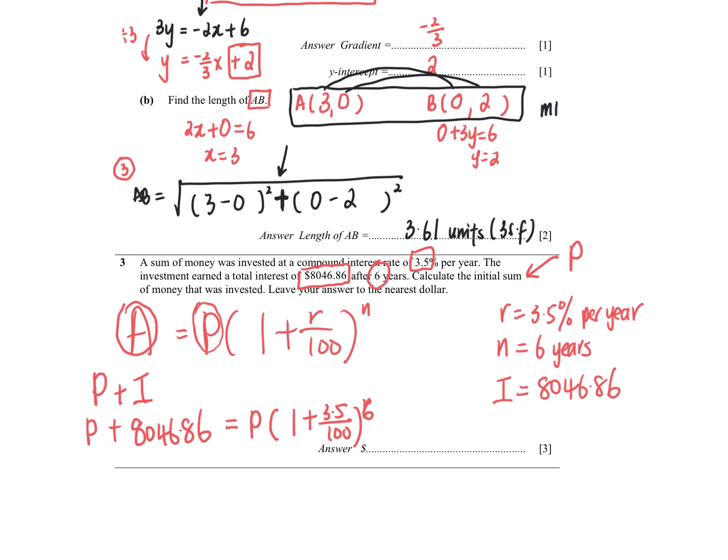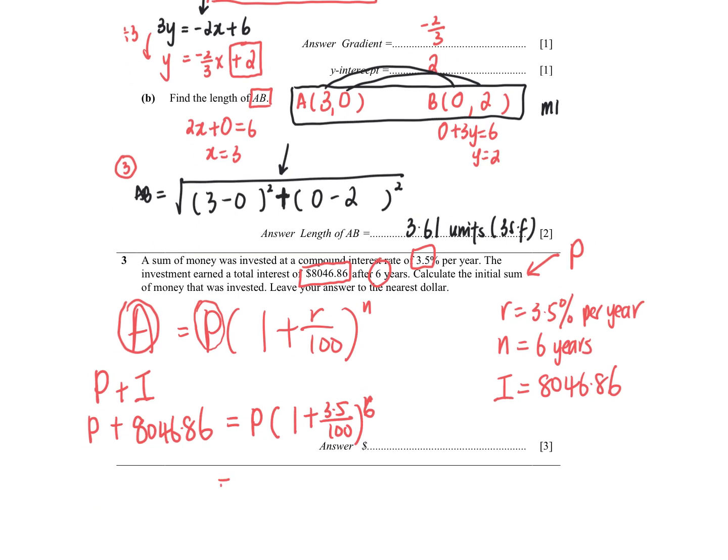Okay, so essentially, right, this thing here is 1.035 to the power of 6. This thing. So if you want, you can go and press calculator. It will give you a string of decimal. If you don't want, you can leave it like that so that it's exact. KP. Right? And then I bring my P here to subtract. This P here, I bring over and subtract. So